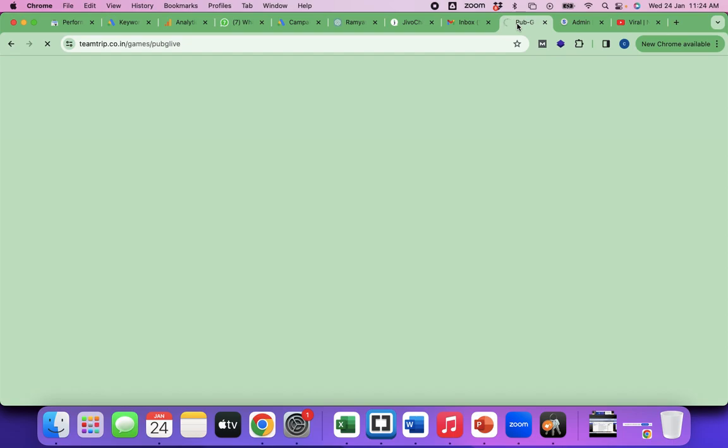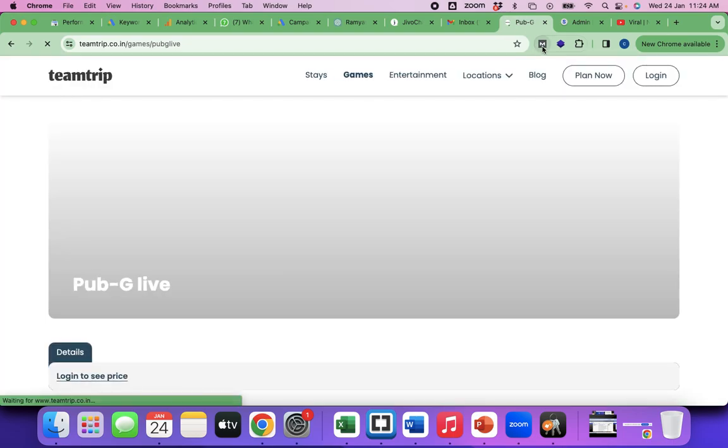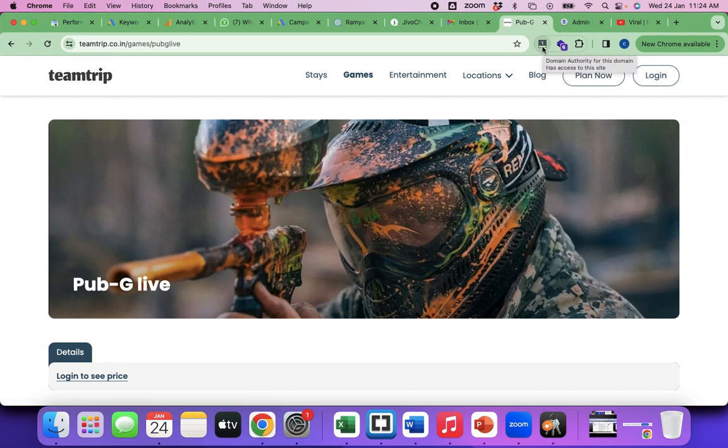Okay, let me take you to another domain. What is the domain authority of this website? It's still loading. You will get to see here. It's an extension from Moz. Domain authority for this site is 1. This indicates this website is completely new, or nothing much has happened on the website in terms of search engine optimization. So the domain authority is 1, right? This doesn't mean that your website will not rank on Google regardless of this number. This is a score assigned to your domain on the basis of how frequently a website is getting crawled and how popular your domain is in the niche.